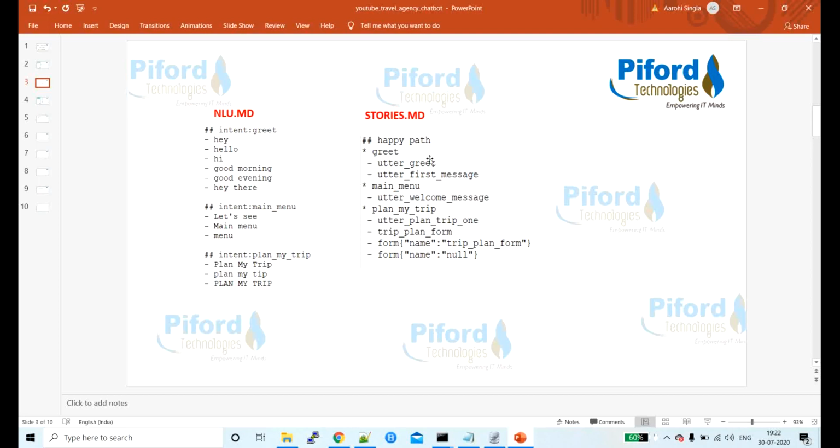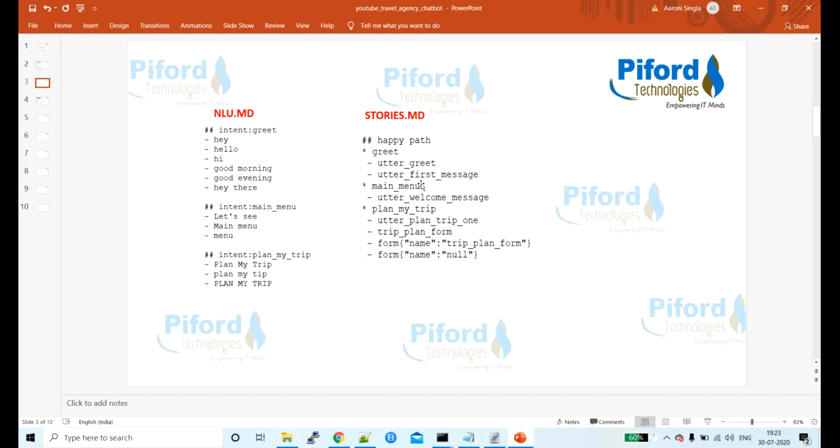I'm showing you one conversation here. If the user greets, meaning the user says hi to the bot, then the bot will reply with utter greet. Utter greet is a response which is stored for the bot, and after greeting, the bot will show the very first message to the user.